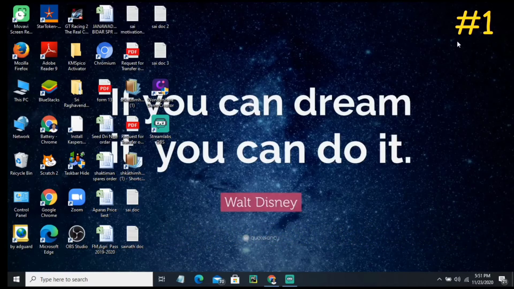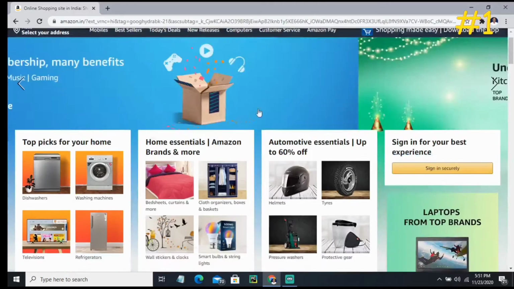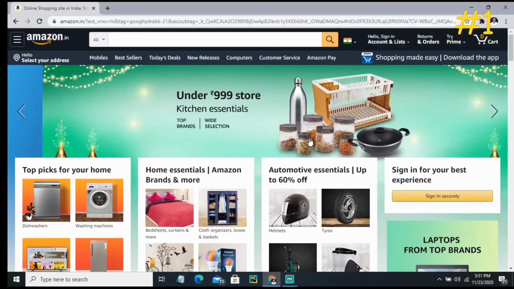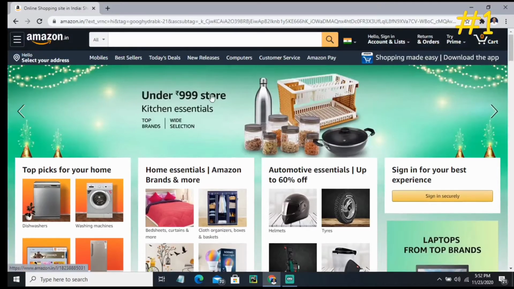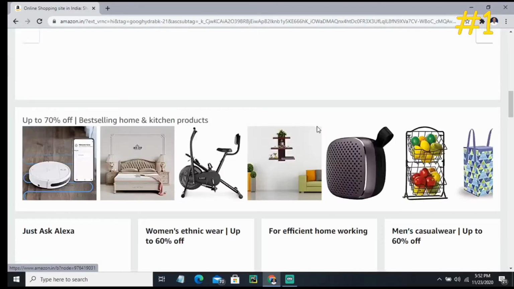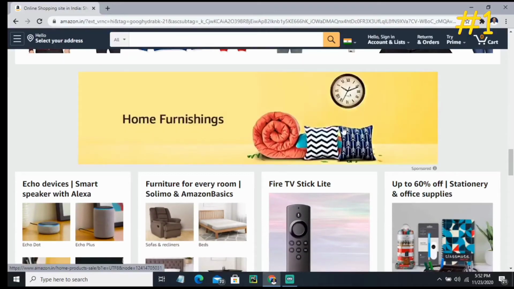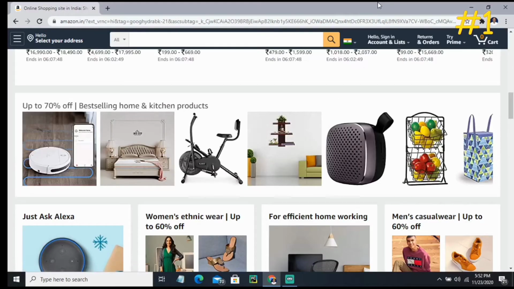So, if I give you an example, whenever you go on Google and type www.amazon.com, you may get a page like this, right? So, this page is designed and done using the HTML language. So if you learn HTML, you too can do like this. So this is the web page. So whatever you are seeing here is done using HTML coding. Okay, so this is the use of HTML code.